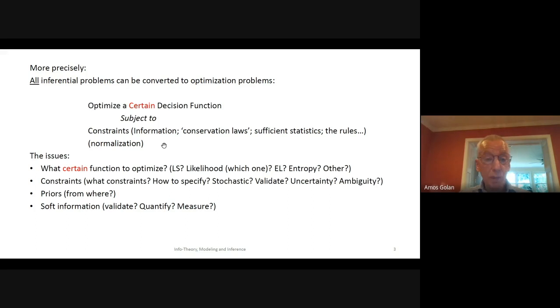Okay, so this is the basic idea, and the decision function I'm going to use here will be Shannon's entropy. Of course, there are many others. There could be a likelihood function that we all are familiar with, could be least squares, could be what is known as empirical likelihood, and there are many other types of decision function. So the question that we have when we try to model a problem is what information we have, what do we think we know about the system that we're pretty certain about, because constraints have to be satisfied in a constraint optimization. And we have to choose a decision function.